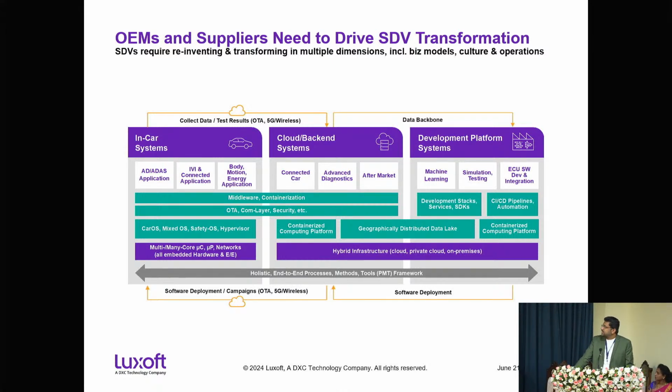You can see the in-car systems on the left-hand side, which are providing high compute power, and features like over-the-air update support, etc. And then you have a cloud backend which supports that. So tomorrow, if there is a bug found in one of the software that is running in your car,